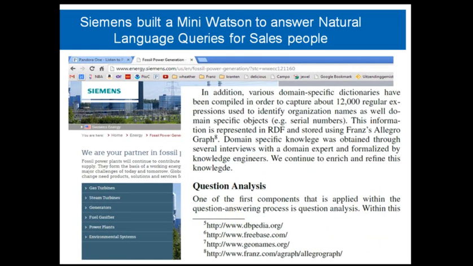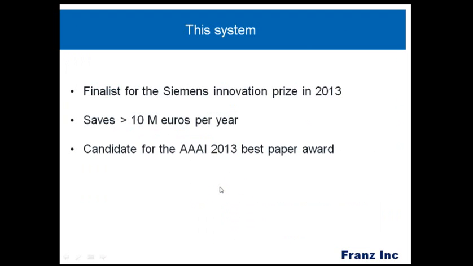What they actually did is they took information from all these databases about places and things, and they linked part of the information up with Wikipedia, part with Freebase and GeoNames, so that they actually could answer geospatial questions. And of course, all that metadata was stored in AllegroGraph. This system was a finalist for the Siemens Innovation Prize in 2013, a candidate for the AAAI 2013 Best Paper Award, and the system saves more than 10 million euros per year. So this is a cool system that is doing live geospatial